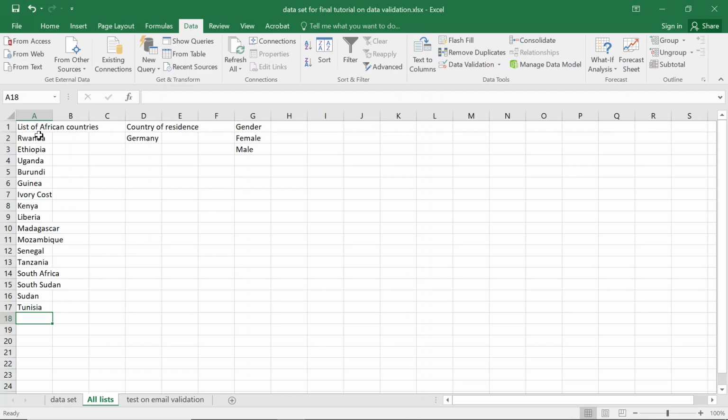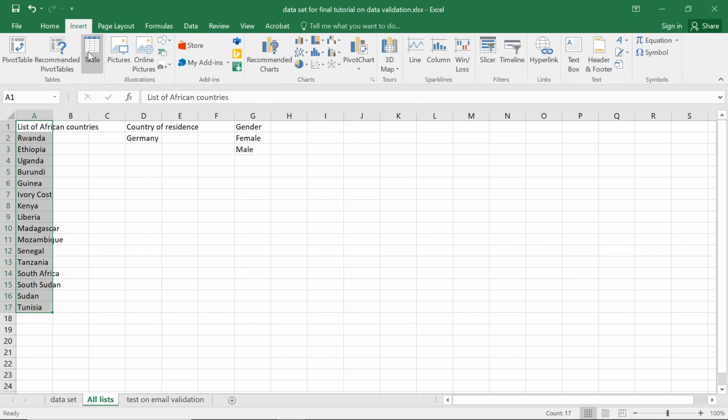How do I proceed with that? I select this whole column of validation, this list of validation, and I turn it into a table. I go to the Insert tab, as you saw in the previous part. In part 3 of this series of tutorials, we saw how tables are handy to update automatically when we want to